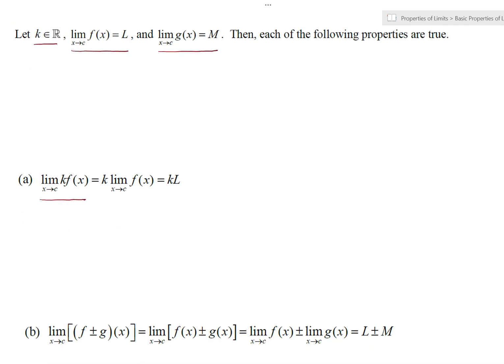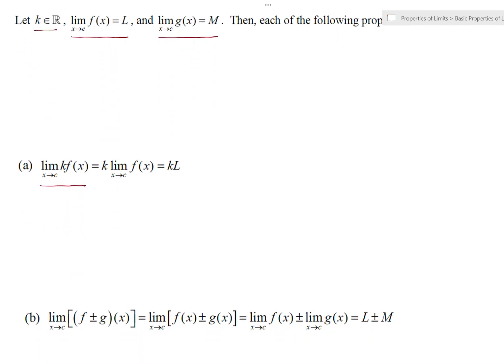What are some more properties? Well, right down here, the limit as x goes to c of f plus or minus g of x, which, remember, this notation is the same as saying the limit as x goes to c of f of x plus or minus g of x. Then the property says that this is the limit as x approaches c of f of x plus or minus the limit as x approaches c of g of x, which is L plus or minus m, depending on if we're adding or subtracting. So this rule that we just talked about in part B, these are really called the sum and difference properties,